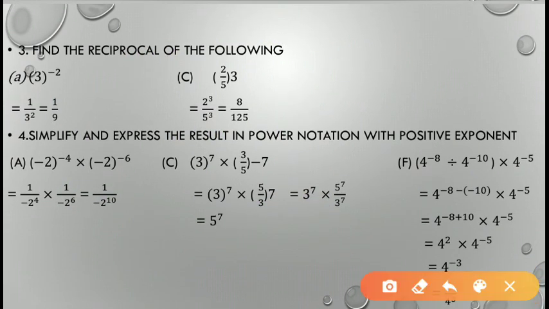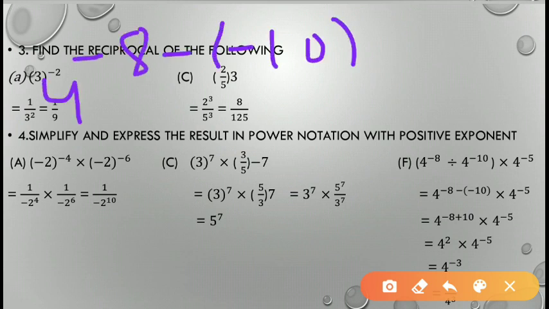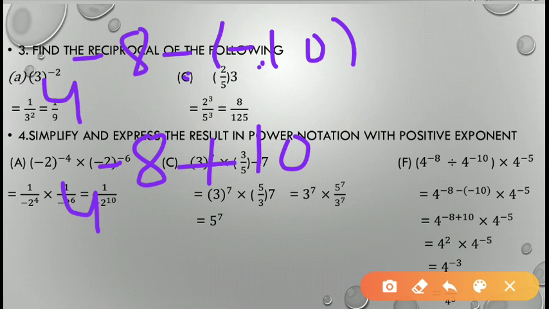4 to the power minus 8, minus then minus 10. 4 to the power minus 8 will be as it is. This minus multiplication will become plus, and then 10. Plus minus will always be minus. 10 minus 8 gives you 2. And why am I writing the positive sign? Because 10 is greater than 8 and the sign of 10 is plus. That's why I am taking 2 with the sign of plus, so no need to write plus here. It is understood.